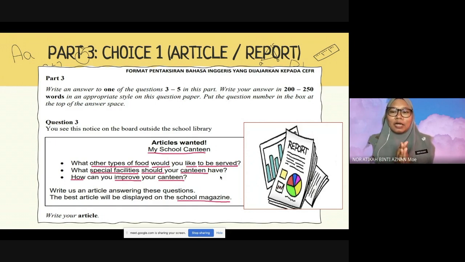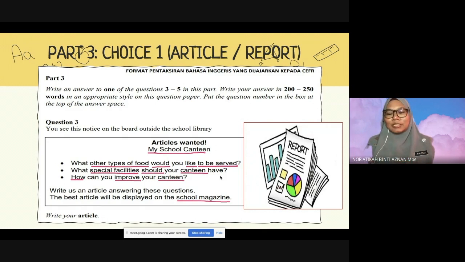And how can we make sure that you achieve this task successfully? We want to see how you develop your idea. That's the first one. How do you analyze issues? How creative you are at solving problems, and how good you are at critical thinking. So the stage of writing here is a lot more advanced. You need to use your knowledge, your general knowledge, your personal understanding of the issue, and how you will develop your preference or your solution in solving the issue or in discussing the topic.